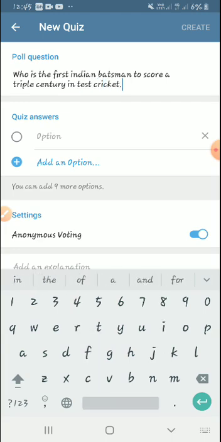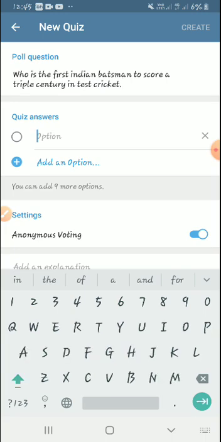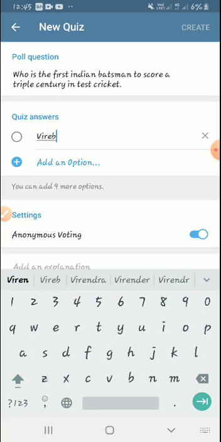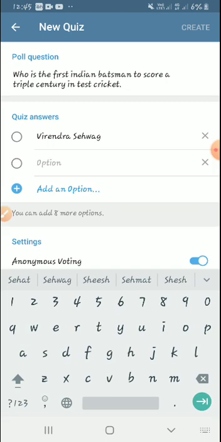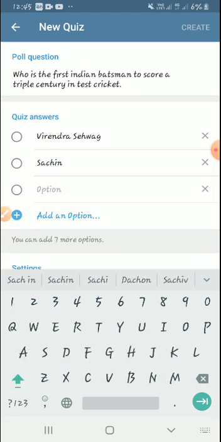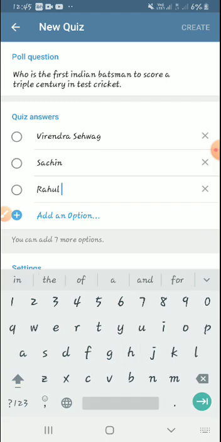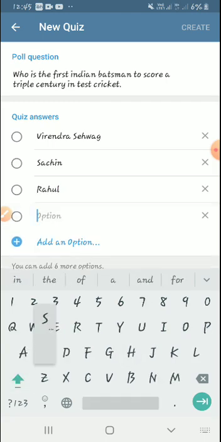I give the options: Virender Sehwag, second option is Sachin, third option is Rahul, fourth option is Saurav Ganguly.